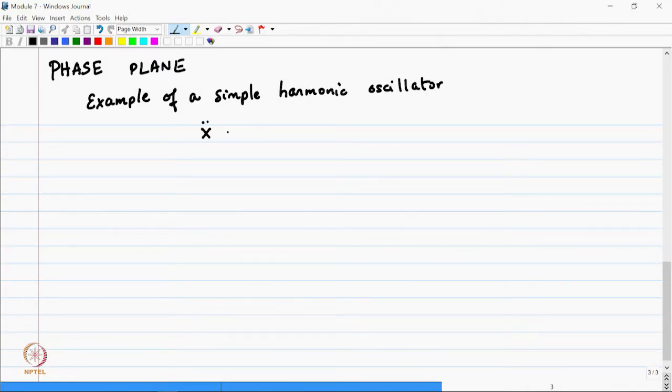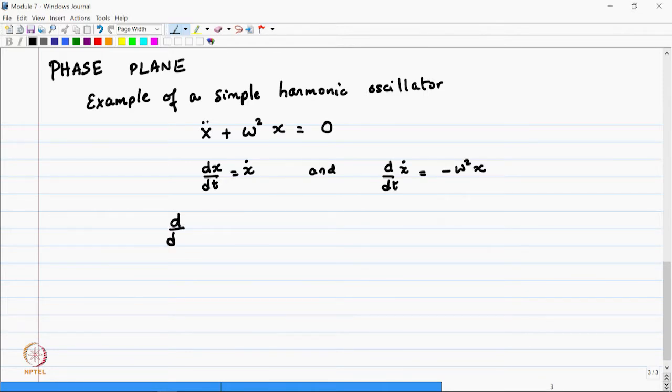So what is a simple harmonic oscillator? I can write it as x double dot plus omega square x equal to 0. This is an omega, not a w. So this is my simple harmonic oscillator. Now I will write this as dx by dt equal to x dot, and d by dt of x dot is equal to minus omega square x. And what we will do is we will notice that